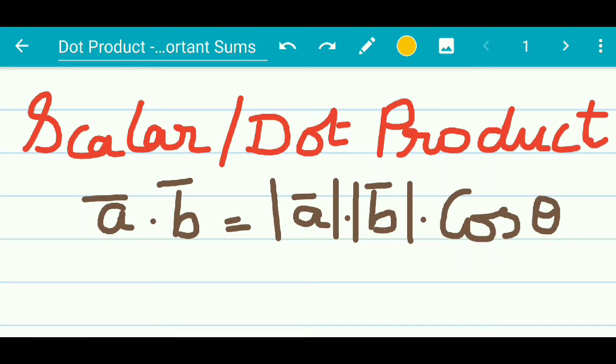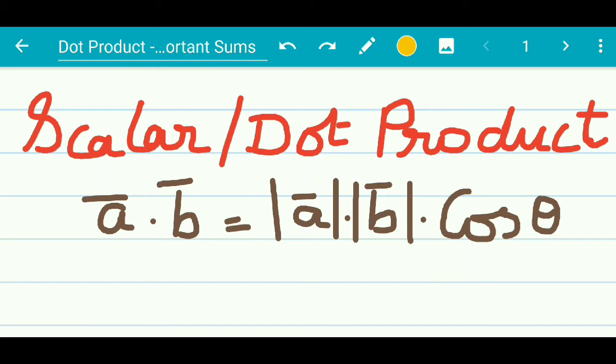Hello students. In the previous lecture, we started learning about the scalar product or the dot product. That is, if a bar and b bar are two vectors, then a dot b or the scalar product is given as mod a mod b cos theta. Now to make this concept clearer, to understand this in a better manner, in this lecture, we are going